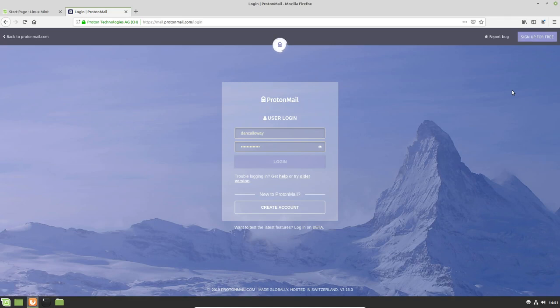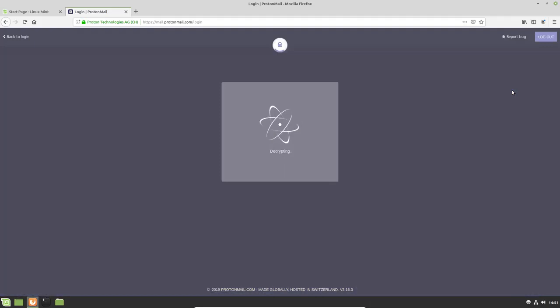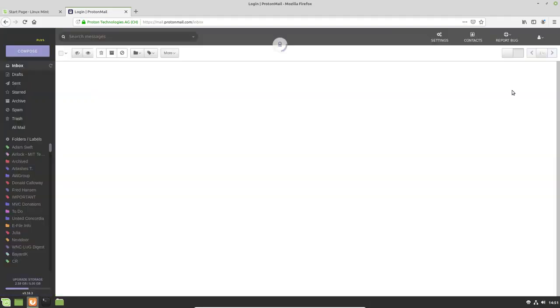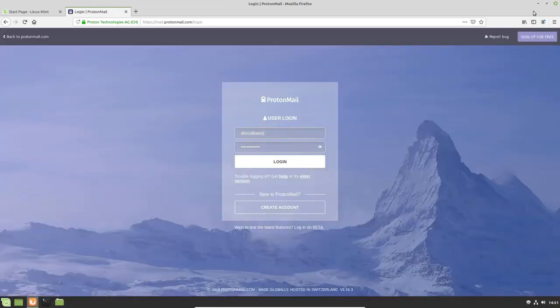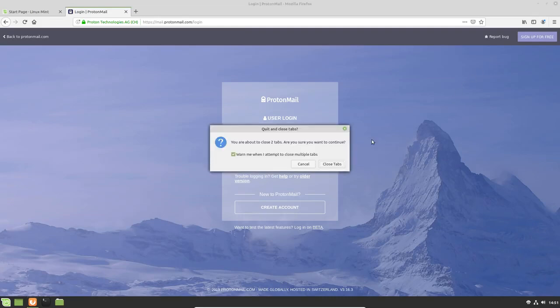Very secure email, end-to-end encrypted. Nobody's going to get in and look at it. Not even the people that work at Proton Mail can get into your mail. All right, so it's coming up now, and here in a few seconds we'll get that interface up. All right, here we go. All right, so this is Proton Mail. I'm going to go ahead and close it down, log out,